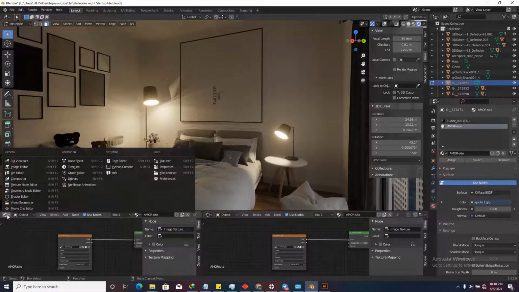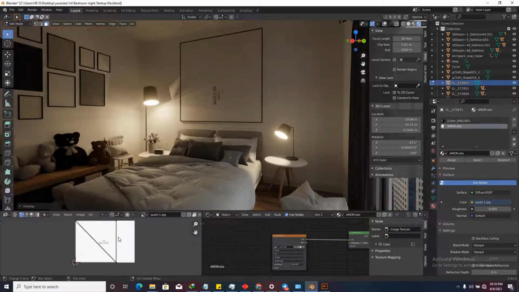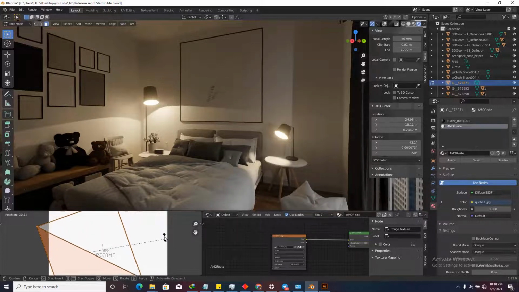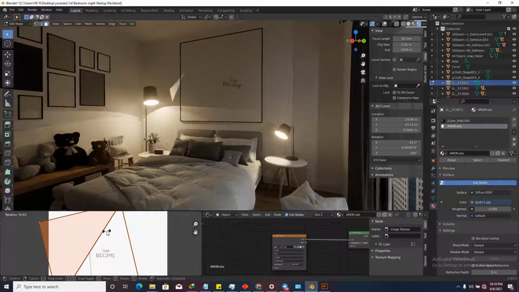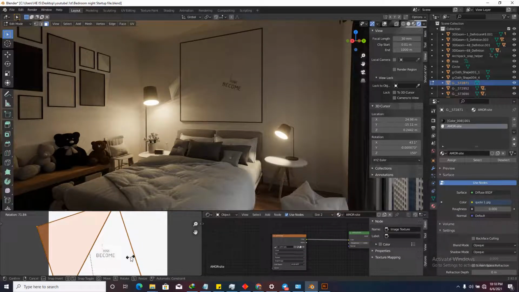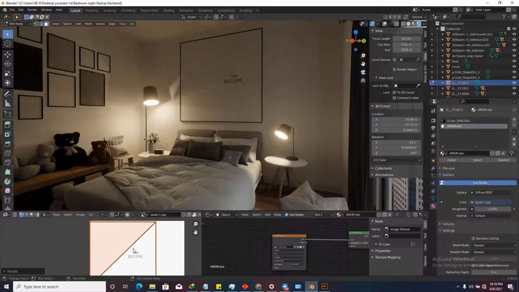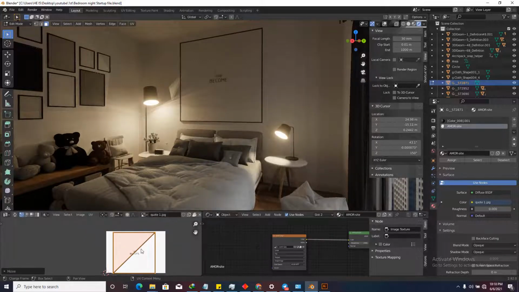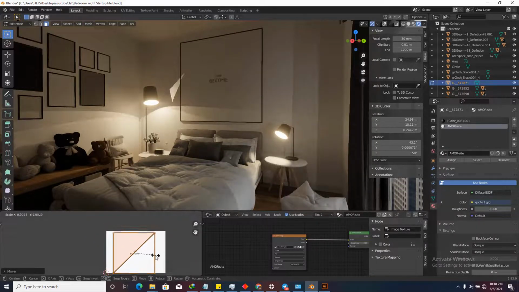Go to this shader editor types, and I'm going to change to UV editor. So this is my UV, and I'm going to select everything. And if I rotate it, as you can see, the image in our frame that's displayed will also change. And I'm going to press 90. Now we have this one right here, and if I decrease the scale